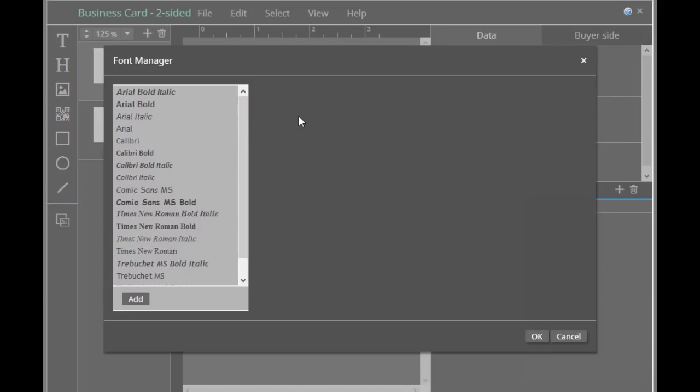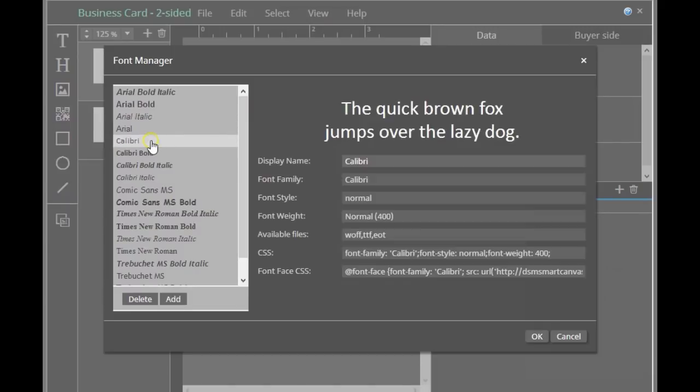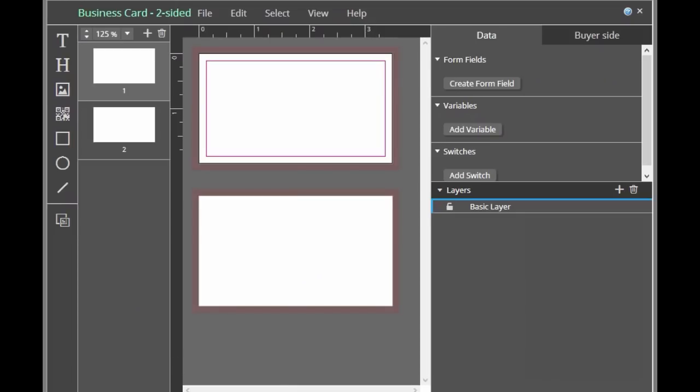We can select any font in the list and get an on-screen quick brown fox preview. We can also add or delete fonts. Note that only administrators can add fonts in SmartCanvas, buyers cannot. We are going to use Calibri for the card, and it is loaded in the system, so let's click OK to move on. So there's just one more thing we need to do before we get designing, and that is